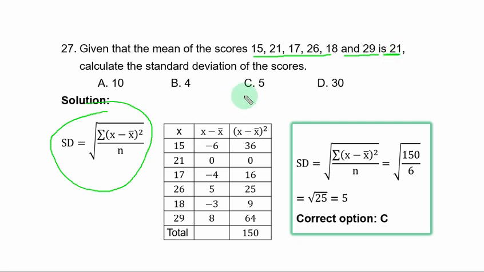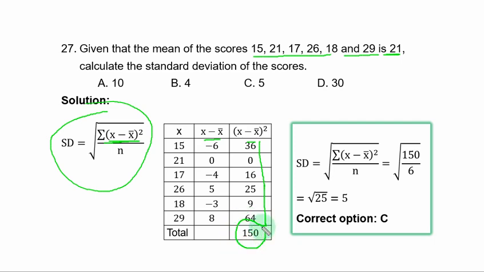So you represent the data with S so that you get S minus S bar. That is S minus mean. The mean is 21. So 15 minus 21 is minus 6. 21 minus 21 is 0, and so on. This part you need to square before you add. So if you square minus 6, you have 36. You square 0, 0. You square minus 4, 16, and so on. Summation means you add this column down and you have